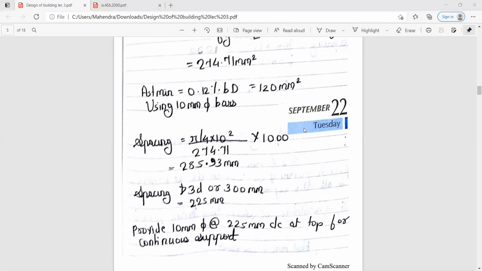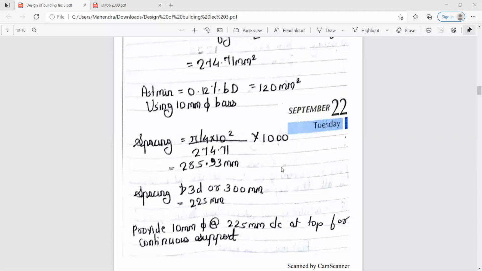After completing for the top reinforcement, we'll proceed further for the bottom one. Yes, completed.